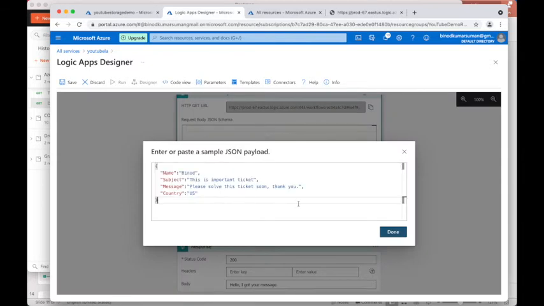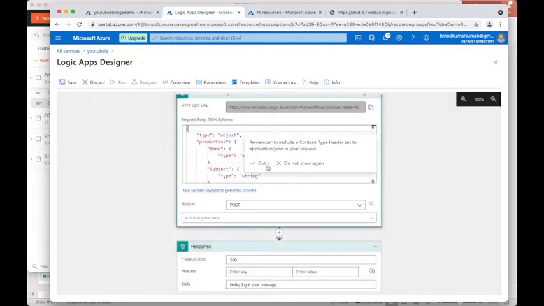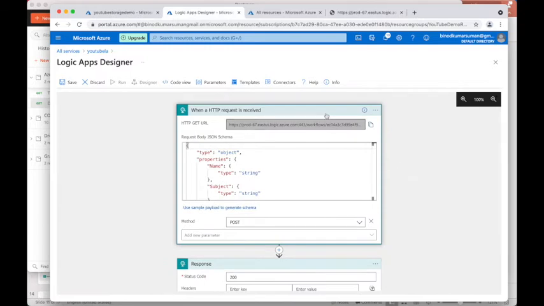It will not keep your data, but depending upon the data it will create the schema. So it creates the schema. I'm sending a name, subject, message, and the country. Okay, and this part is done.